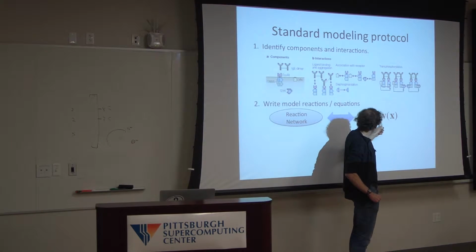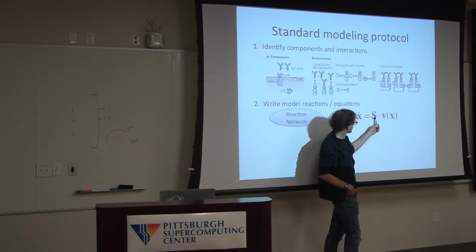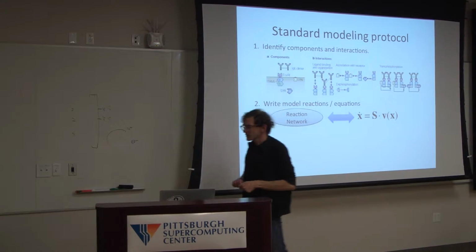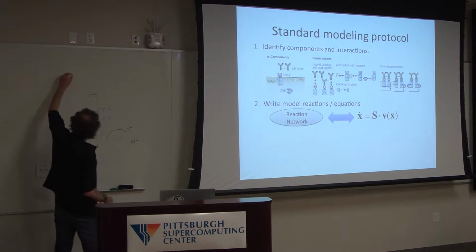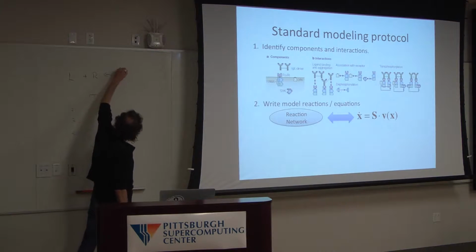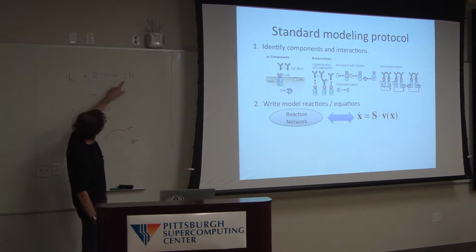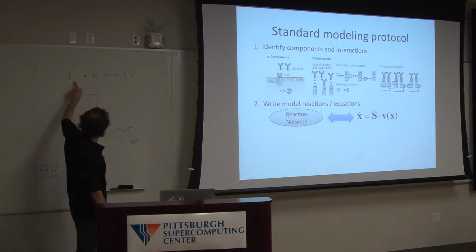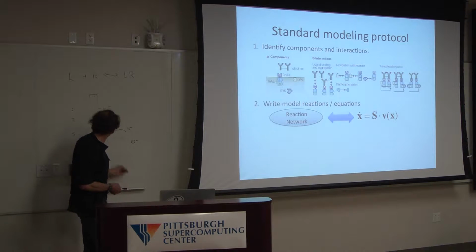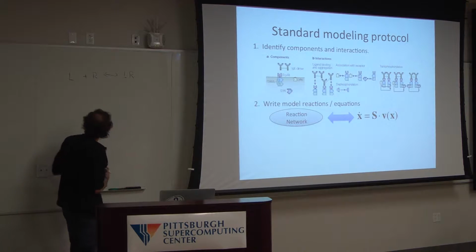These are the rates of reactions, and this is the stoichiometry matrix that determines, for a given reaction, which species are produced and consumed. The details of this aren't important. I'm sure you've all seen simple mass action kinetics. So we might have an example of a ligand binding to a receptor to form a ligand-receptor complex. So the species would be the ligand, the receptor, and the complex. So this would be an example of a simple reaction network which has three variables. So we could model this simply as a three-variable differential equation where